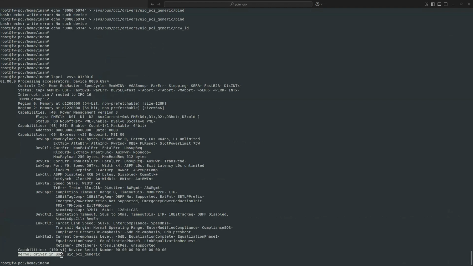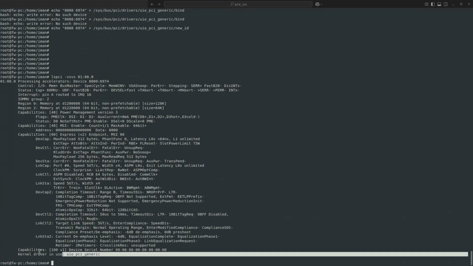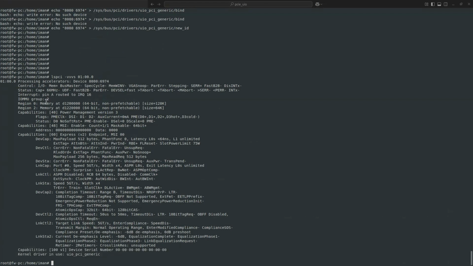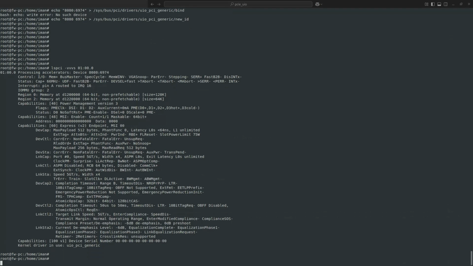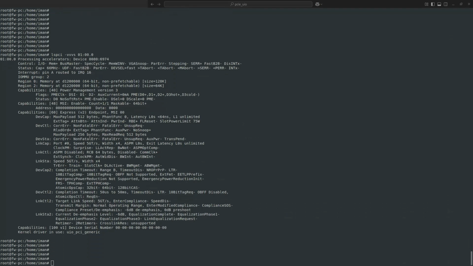Its kernel driver in use is UIO PCI generic. So now the UIO PCI driver is loaded for my custom device, and here I see the name of the driver. Another thing that happens is that we don't have disabled anymore, so now the BAR addresses will be accessible to my user space. So now we can go and run our example.